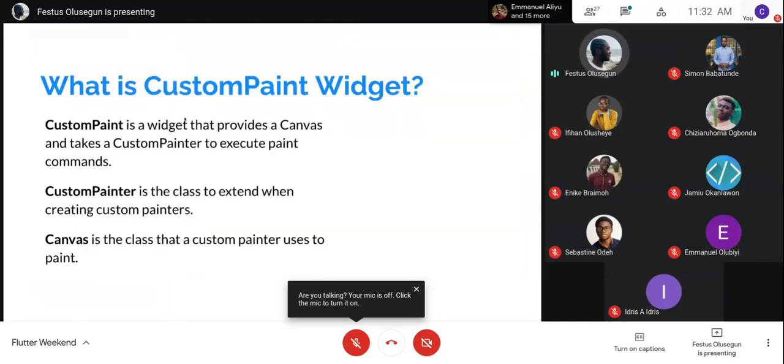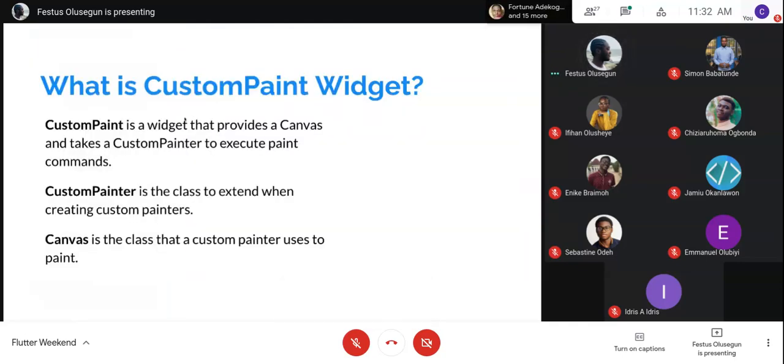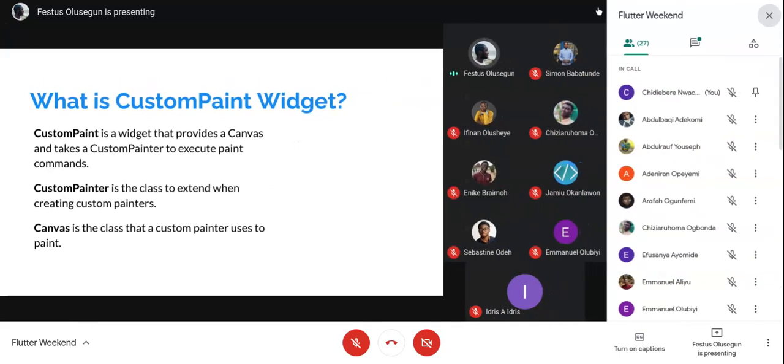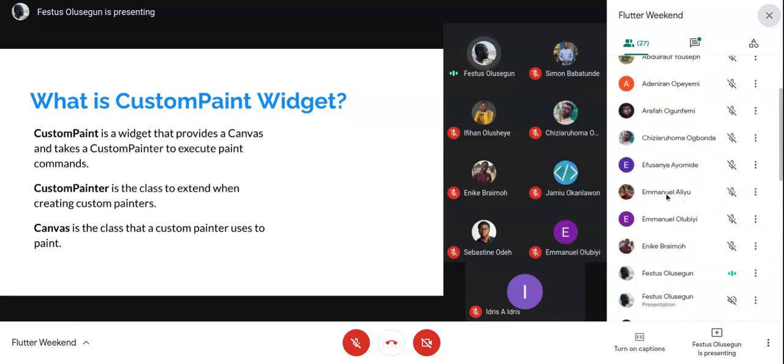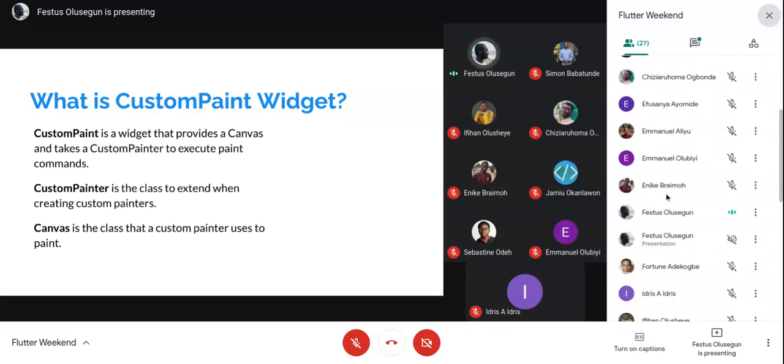So what is the custom paint widget? The custom paint is a widget that provides a canvas and takes the custom painter to execute the paint commands. And then our custom painter is the class to extend when creating custom paint. When creating custom painters,